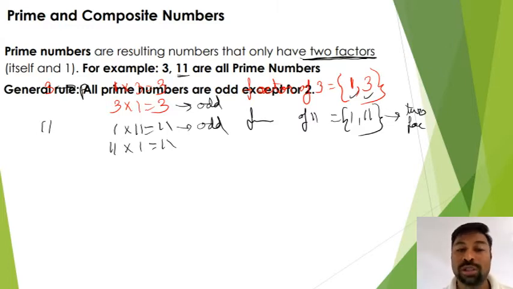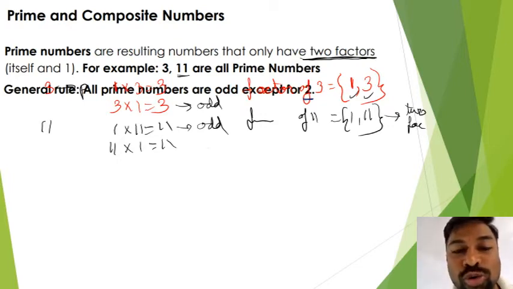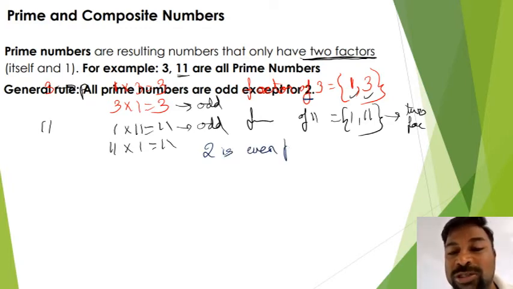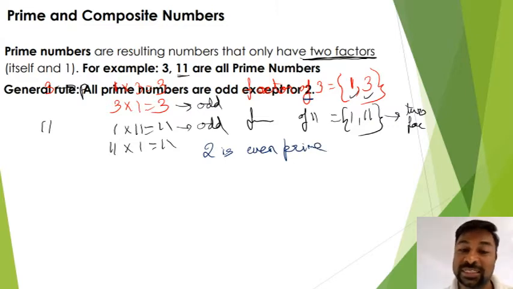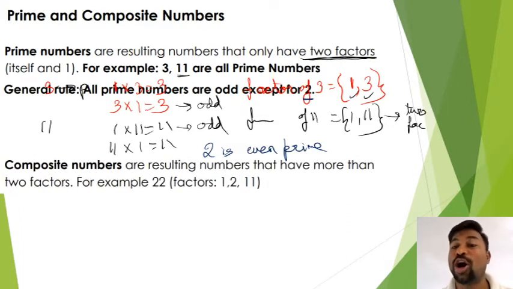But the rule says all primes are odd except 2, which is an even number. 2 is an even number and it is also a prime. That is what it says. So a number which has only 2 factors is nothing but a prime number. Now let's go for the composite number. In a contradictory way, let's go for 22.